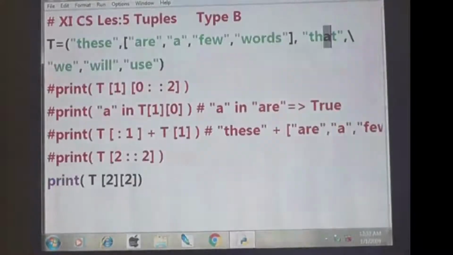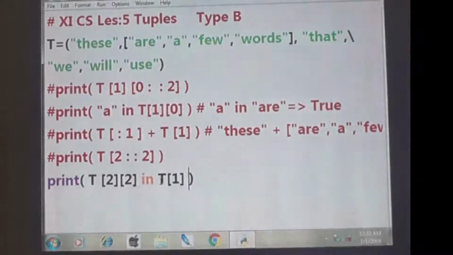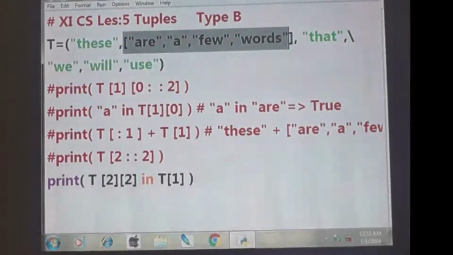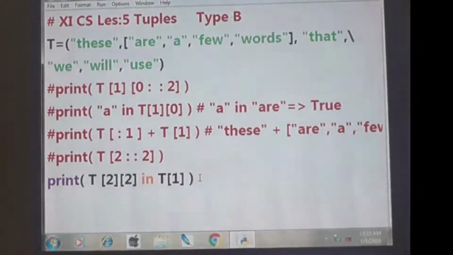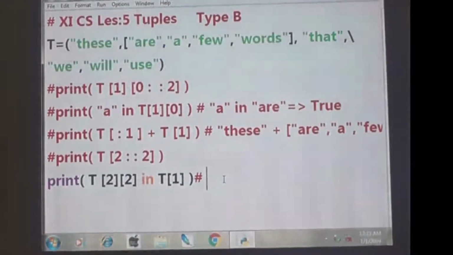Understand? Okay. So now listen here. T of 1 means what? T of 1 means 0. This is 1. Okay. I told you T of 2 is to 2 means the answer is A. The answer is A. A in T of 1 means what?